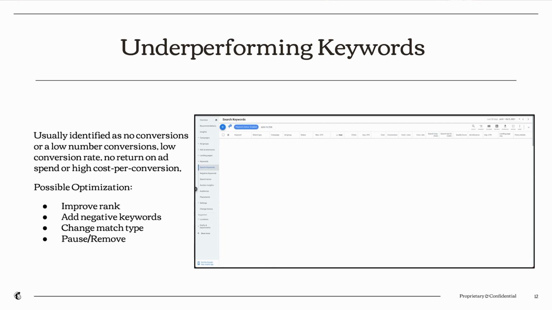Meaning if you currently have a keyword that's not converting, not performing well, maybe even has high CPCs, you could find that it's due to a lack of relevance that Google is deeming from your ad copy and your landing page experience. If that's the case, then doing ad copy testing, rotating in new copy, could potentially improve that rank and have that keyword show more frequently, and as a result, you could see stronger performance over time.